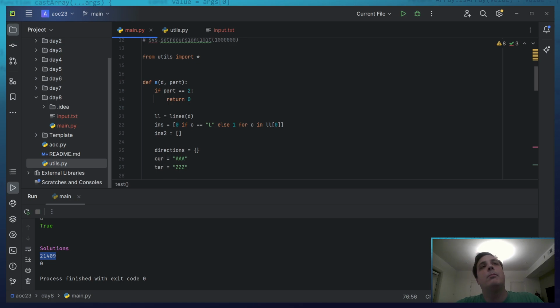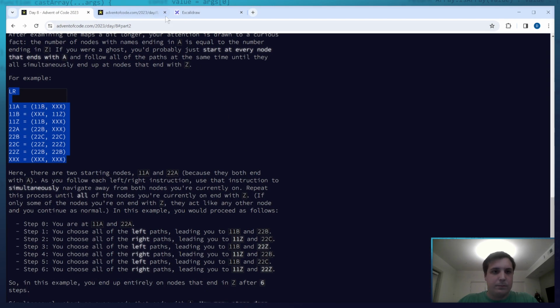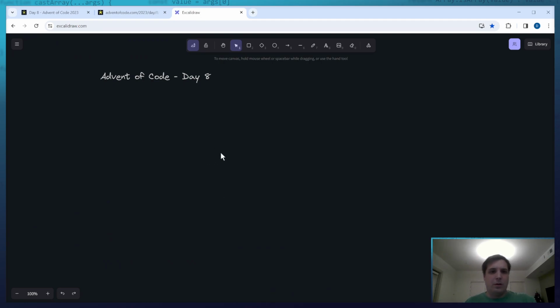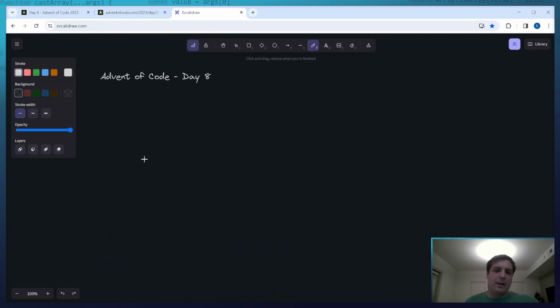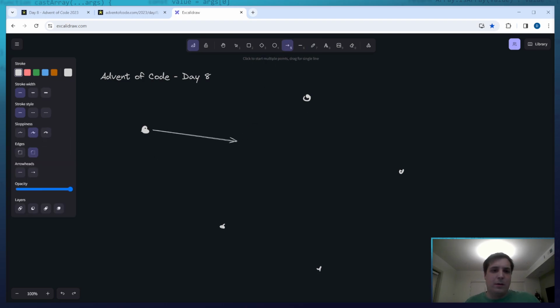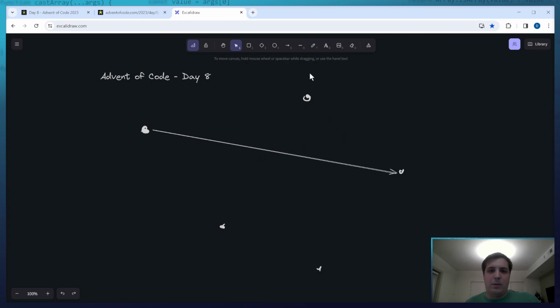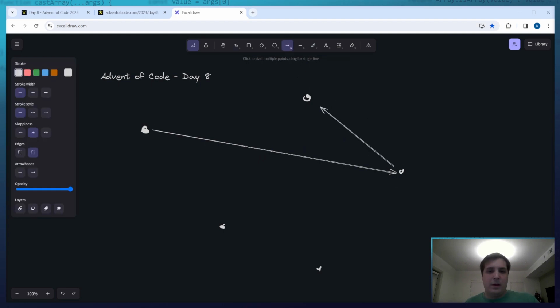Here's the deal. A lot of the ghosts might get on similar paths as other ghosts. I'm gonna take my drawing tablet out for this again. Let's say we have this point, this point, this point, just random coordinates, and we're going from here to here, then from here to here.